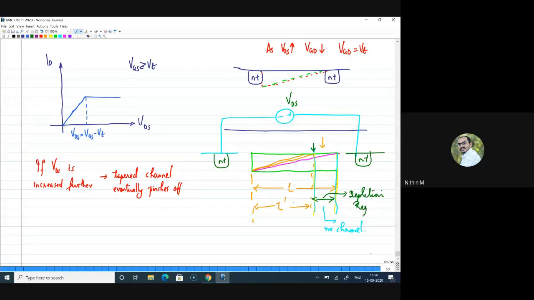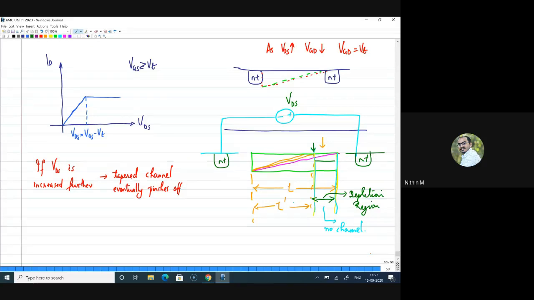Right. This is in fact a depletion region. Now, holes will not be there, Akram. The reason is that I have applied a positive voltage to the gate and that voltage is still persistent, so holes are driven away or pushed from the region beneath the gate. I'm not talking about the entire cross section. I'm talking about this part where initially the channel was present and now the channel is not there because of the application of VDS, right? Now you can see that there is a depletion region here because there are no moving charges.